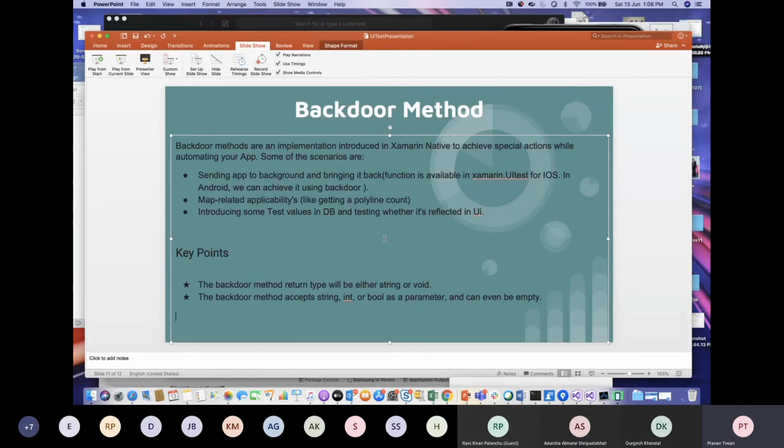That will get passed to my Xamarin Android and Xamarin iOS application, and it will return me how many trips are currently active for me, and based on that I can pass or fail my test case. So let's go to the backdoor method and see how we can achieve that.